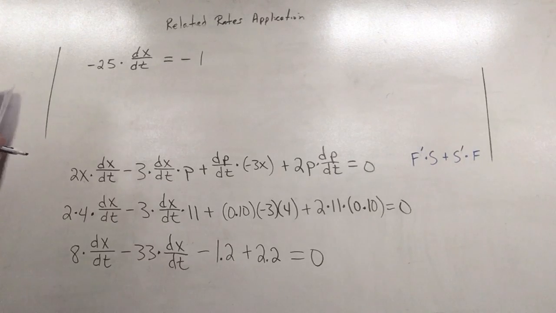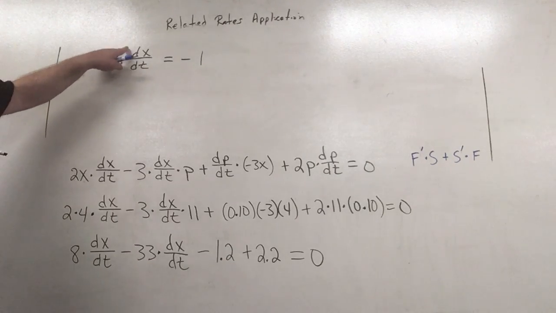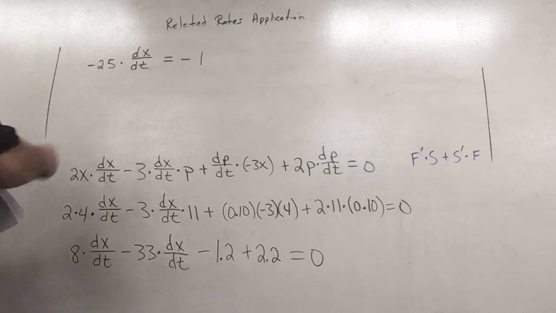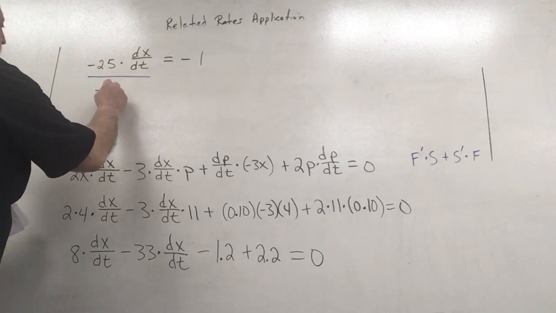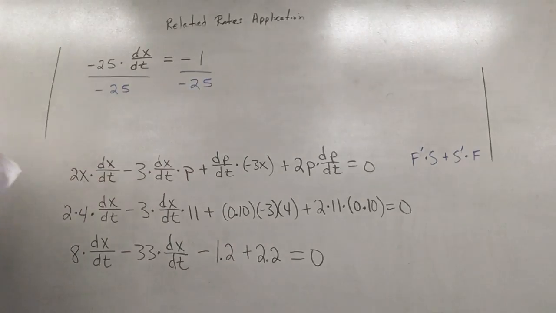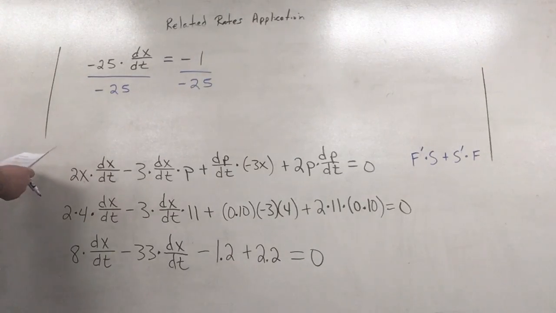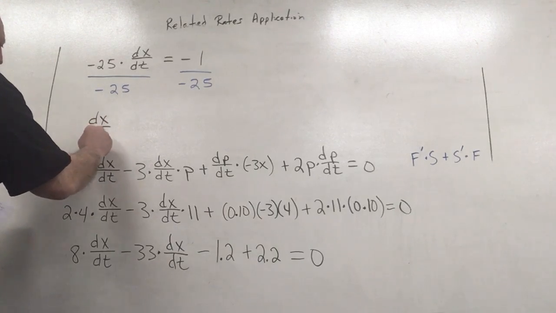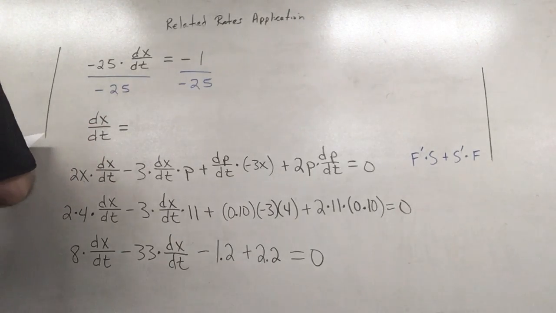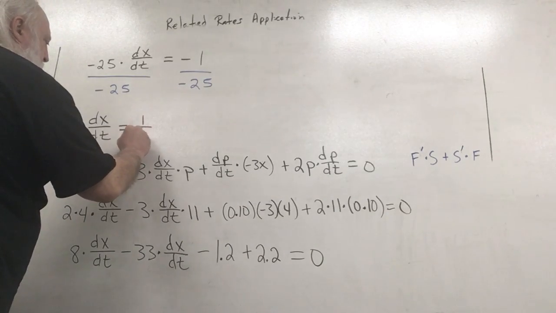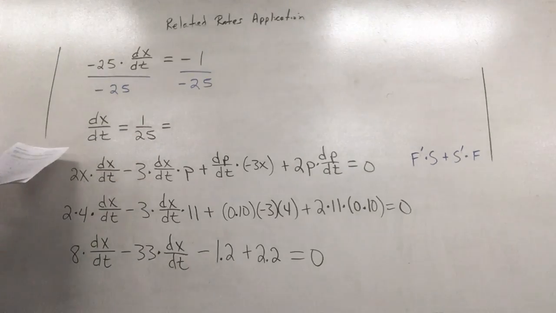And now I have minus 25 times dx over dt. What undoes multiplication? Division. So we divide both sides by minus 25. And we end up with the derivative of x with respect to time, dx over dt, is equal to 1/25, right? Negative over negative is positive. Well, 1/25 can be written as